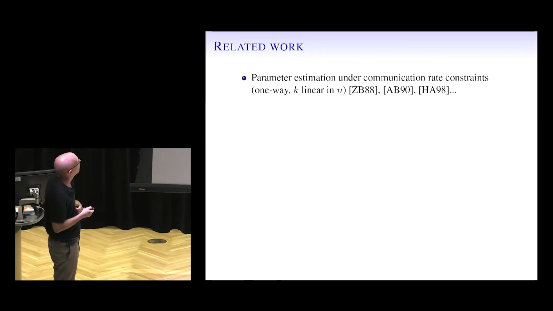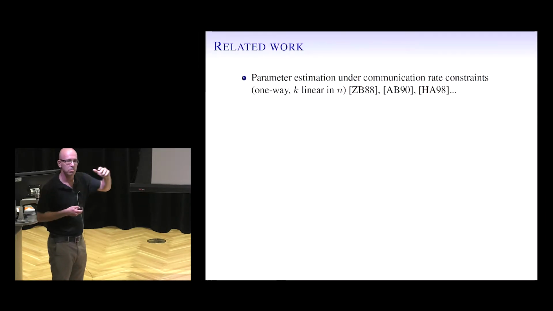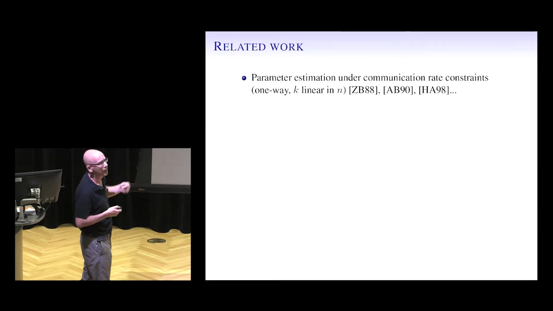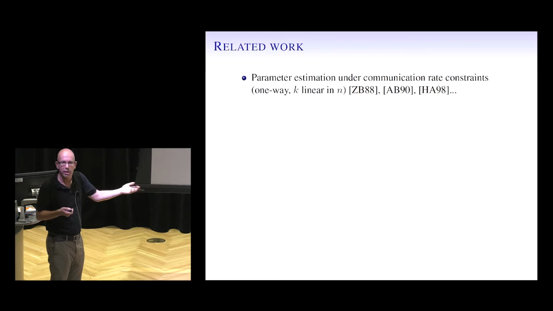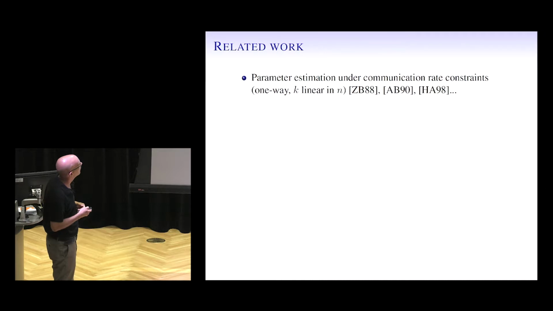So, just a quick tour of related work. This whole genre of works on parameter estimation under communication constraint arguably started with the work of Zhang and Berger in '88, and there's a bunch of other works after that by Sweated, Bornashev, and Han and Amari, and so on. These works are a little different than ours. Mostly they're considering one-way communication, and they have a coupling between k and n, so they're working at some positive rate. Ours, you can think of as 0 rate. And our bounds, our lower bounds specifically, cannot be recovered from these works.